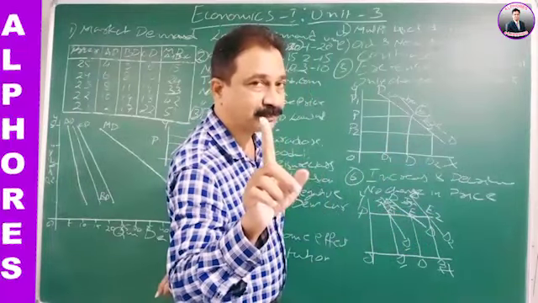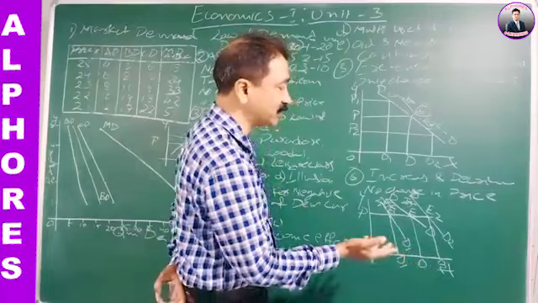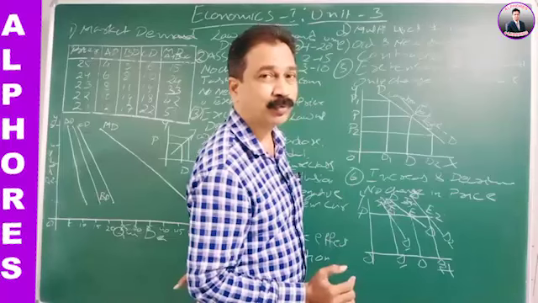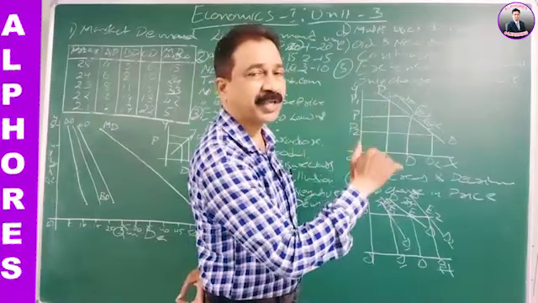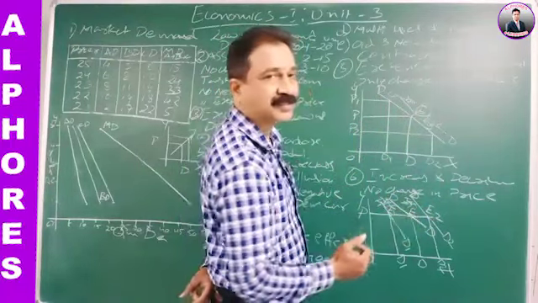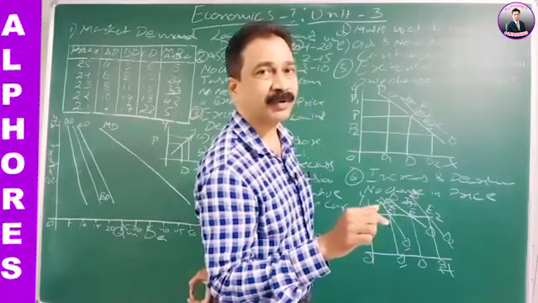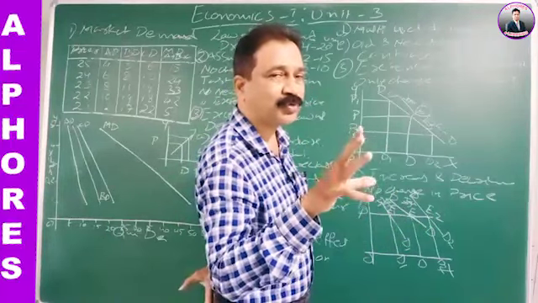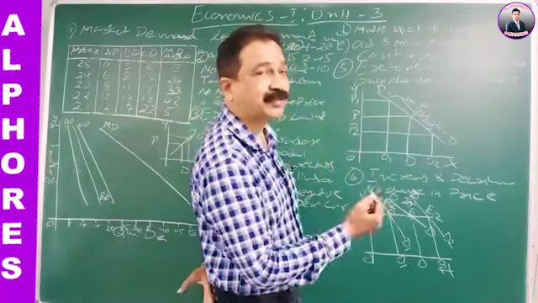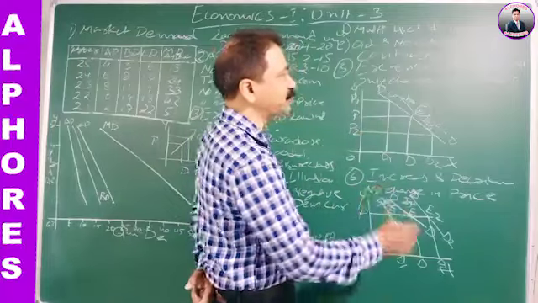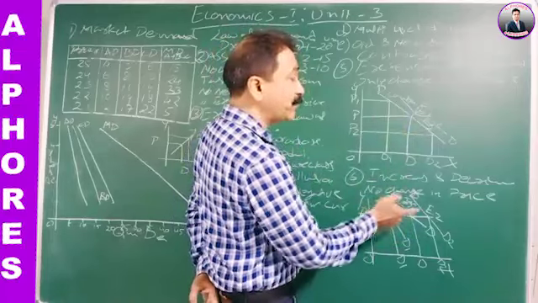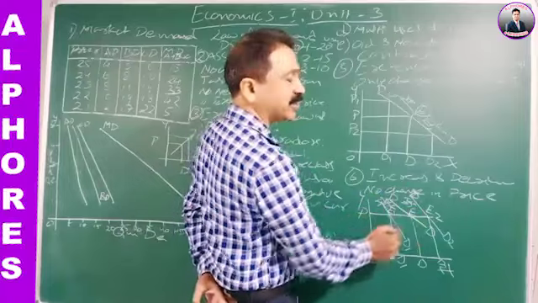So here you can see in the competition exam they may ask you like this: demand increased due to, and he will give you reasons like price increased, price decreased, substitute price increased, then it increases. You have to go for C. In that way, they will try to confuse you and get the right answer from you. So if you don't get confused, you will give the right answer. When you know these exact concepts, contraction and extension are used when only price changes, and increase and decrease are used when price is not changed but any other thing changed.